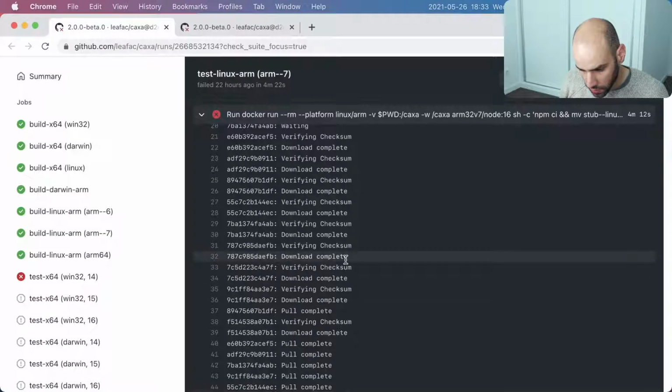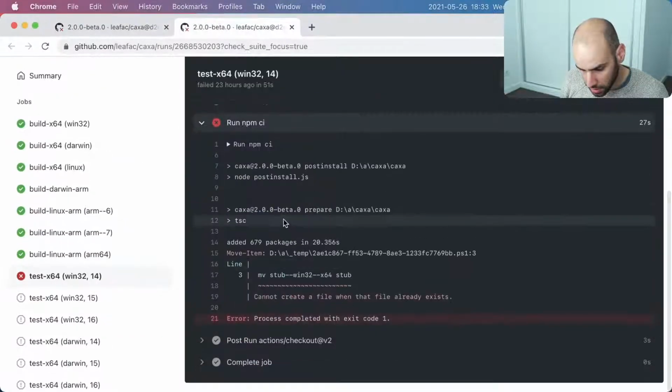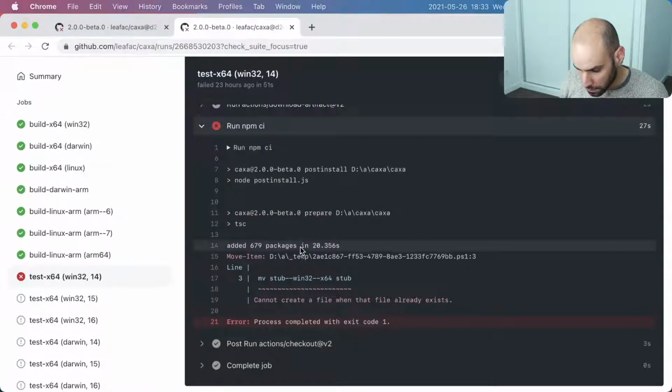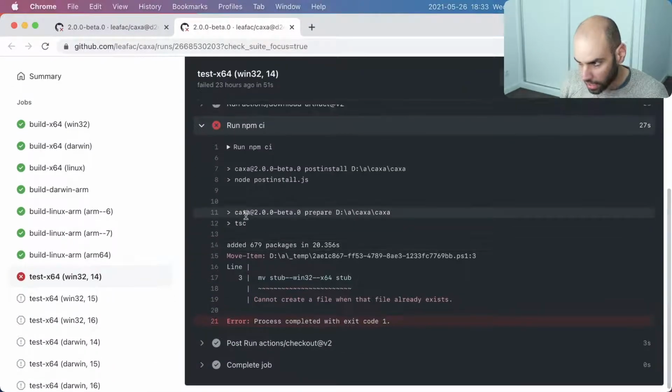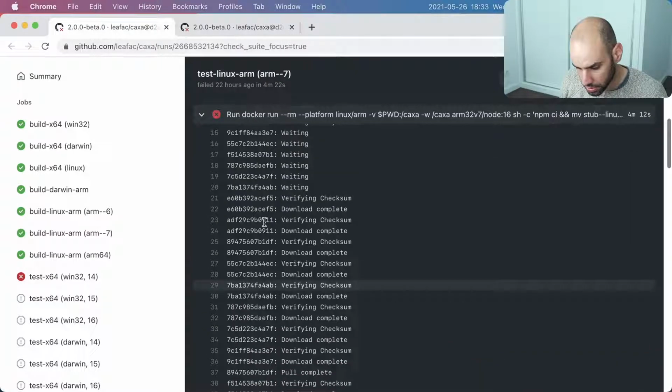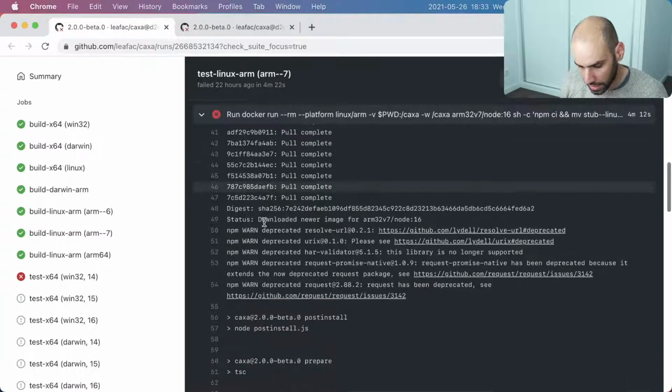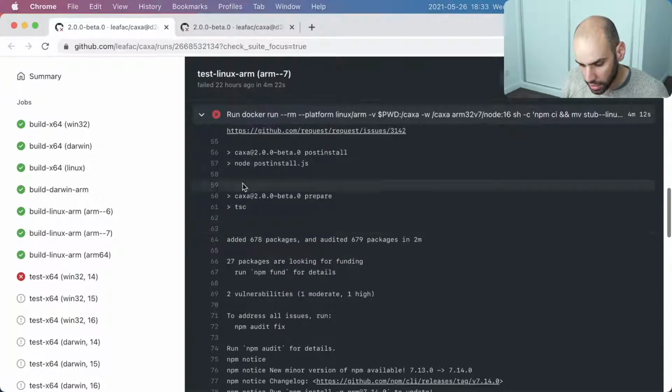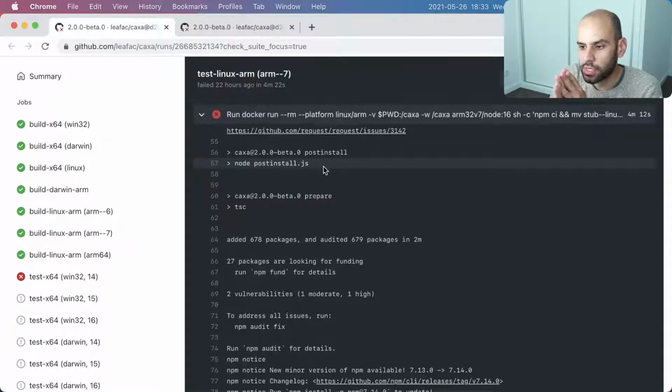So this is failing on Linux ARM, and this is failing on Windows. And I thought that the run was stopped because of one of the failures, but it appears that no, both failed for different reasons. So let's look at maybe Linux first. So this is setting up the Docker container, which is succeeding, and then the post install is succeeding, which is interesting. I was expecting that part to fail